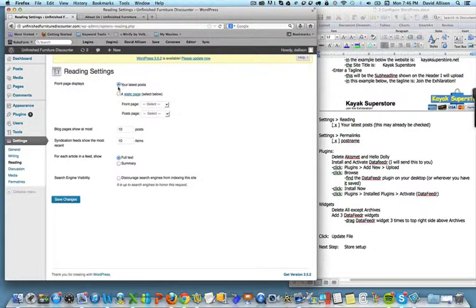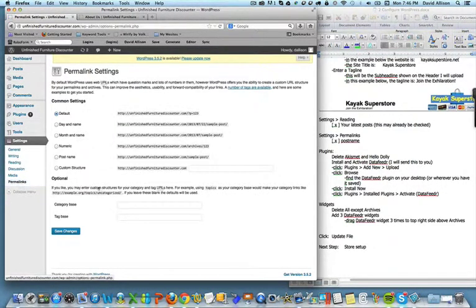And make sure it says your latest posts right here. That will probably already be checked, but just double check it and make sure. And then the last thing under the settings is permalinks. What we want to do is check post name. And that sets up the names of the pages which are going to show up here in our browser when